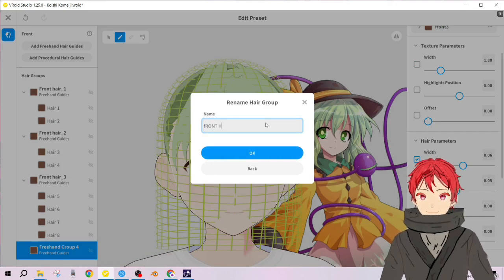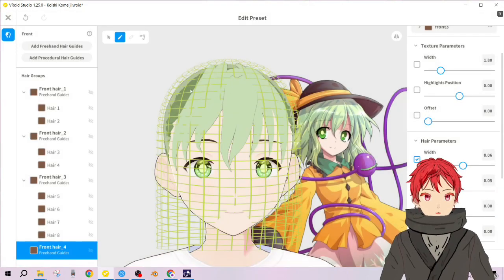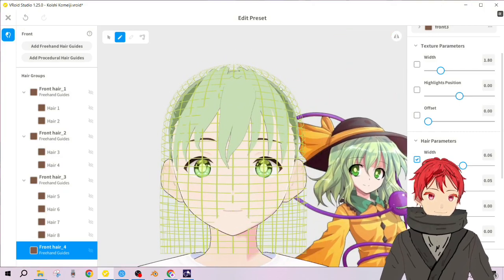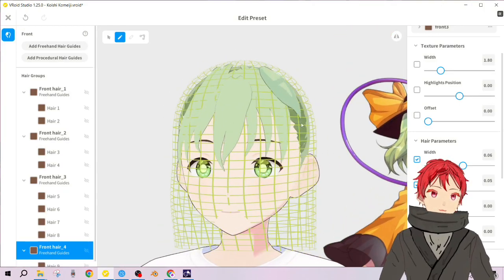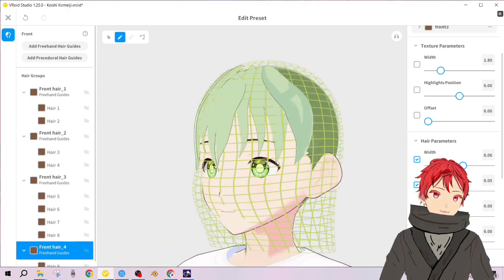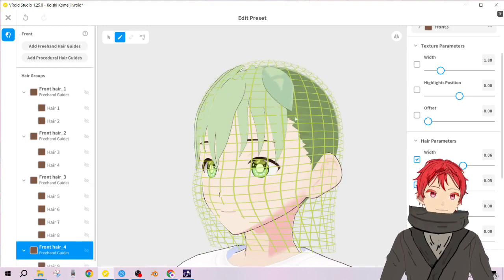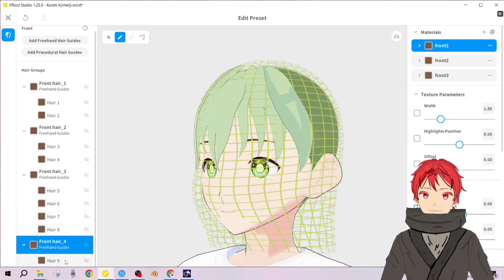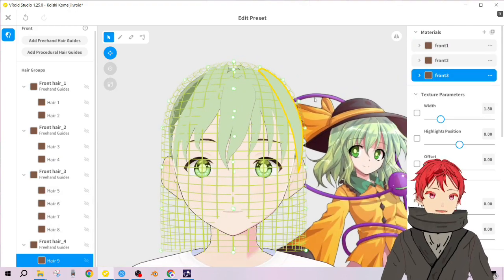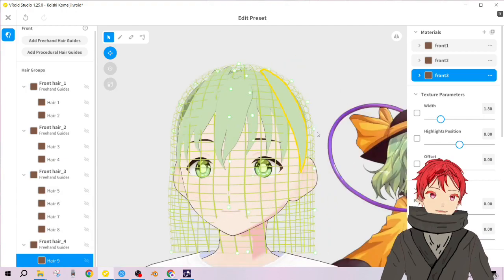Front, front hair 4. Selection tool, front 1, front 3, I mean. And then